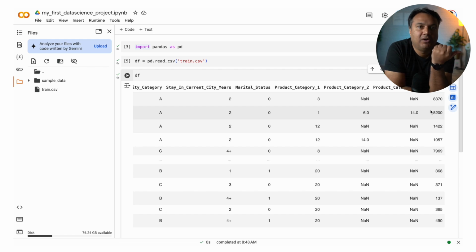because if John bought product A for 5,000 in the past, we can say John will buy product A for 5,000 in the future. But the beauty of this is, what about if John has never bought product B? If you have analyzed the patterns, you can tell John has a propensity to buy product B at this price, or this is how much he would be spending on it.